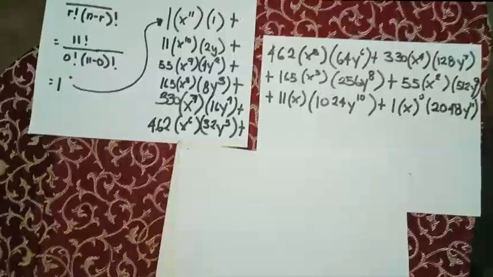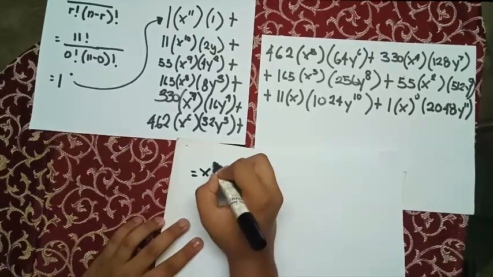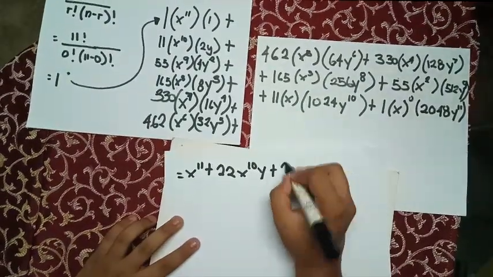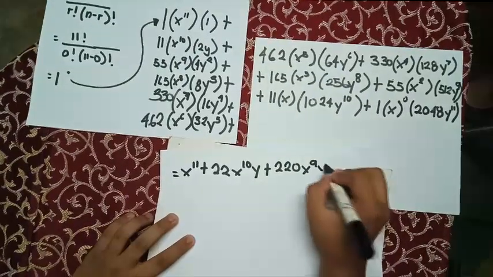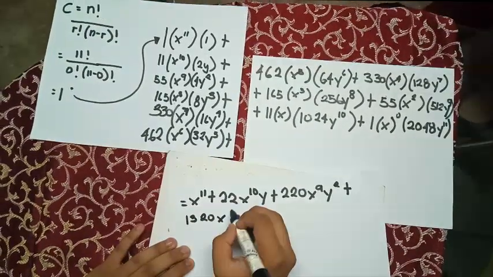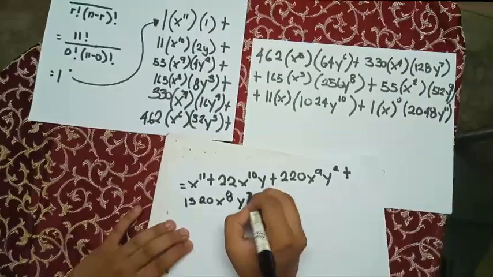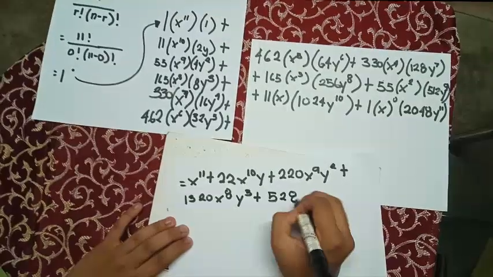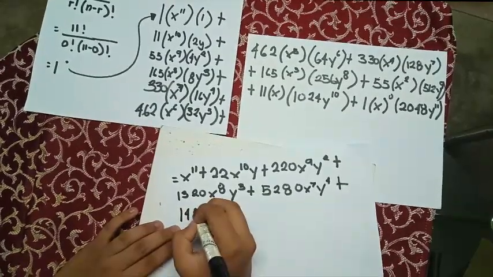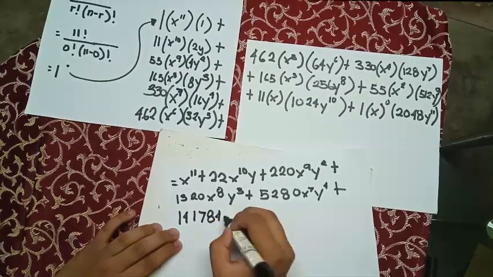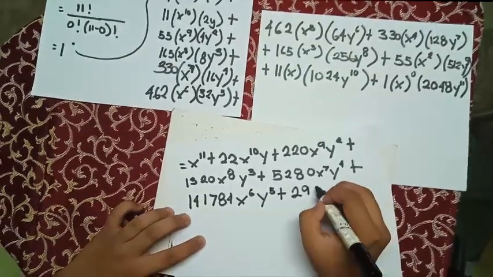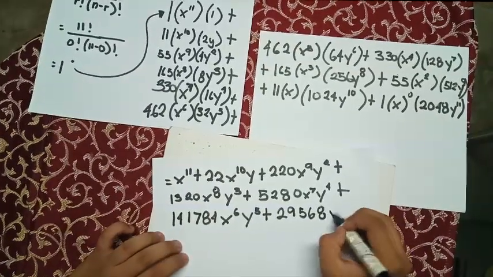And after that, distribute. That equals x raised to 11 plus 22x raised to 10 y plus 220x raised to 9 y squared plus 1320x raised to 8 y cubed plus 5280x raised to 7 y raised to 4 plus 14,784x raised to 6 y raised to 5 plus 29,568x raised to 5 y raised to 6 plus